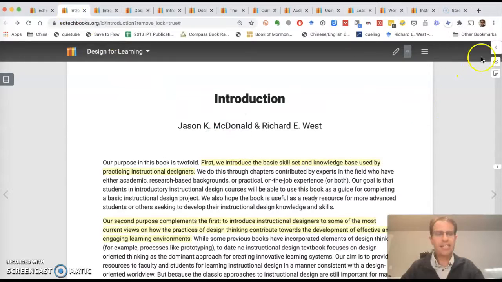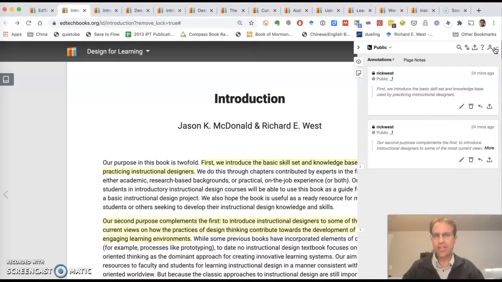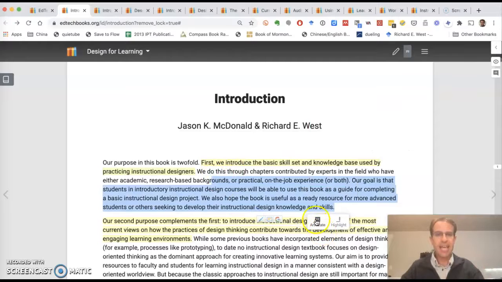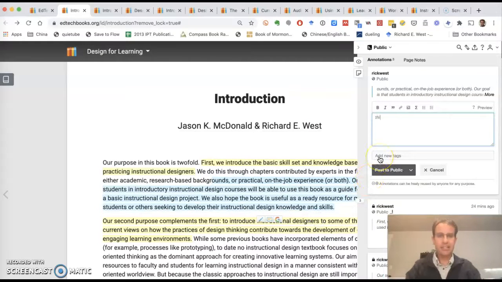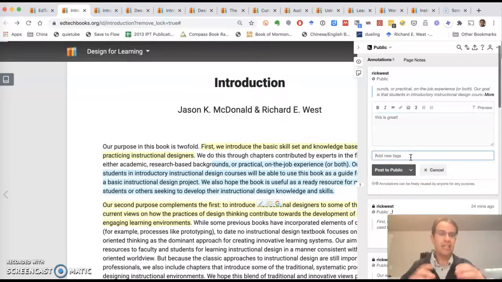The other thing I like is that you can have hypothesis integration. Hypothesis is a social annotation tool that you can sign up for free. And once you're logged in, then you can highlight things and annotate and either share this to the public, to yourself, or you can create groups or tags and share it, for